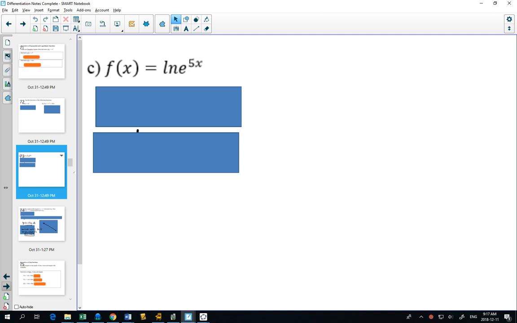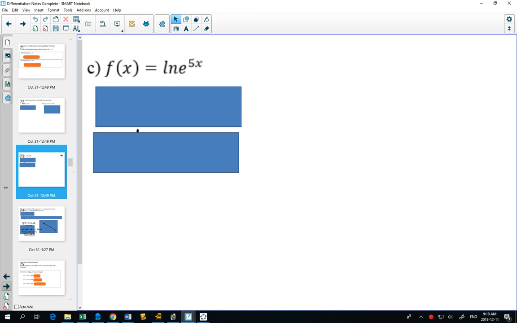But now we got some work to do. We have a rule for e to the x. We don't have a rule for e to the 5x. We have a rule for natural log of x. We don't have a rule yet for natural log of more than one thing. So in this situation, the way that it's written right now, it's not in a form that we can do